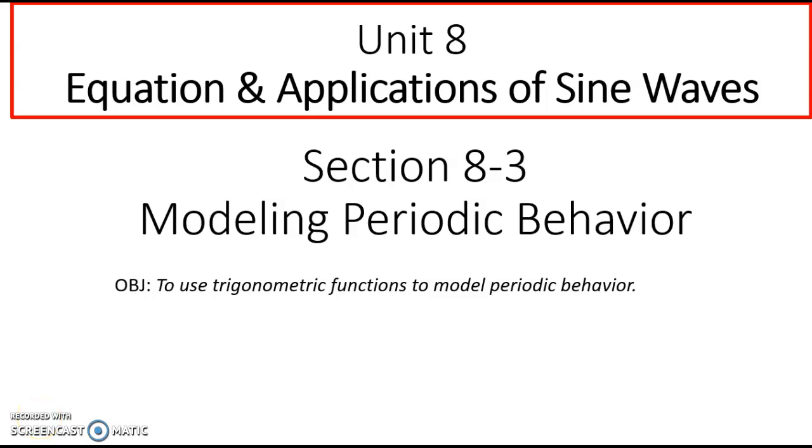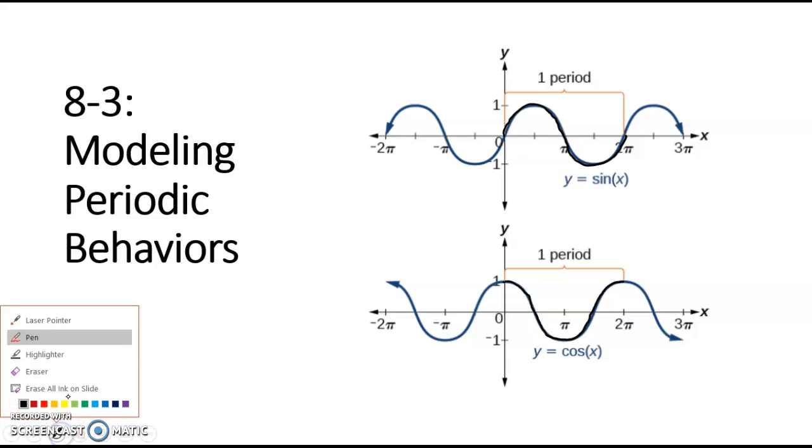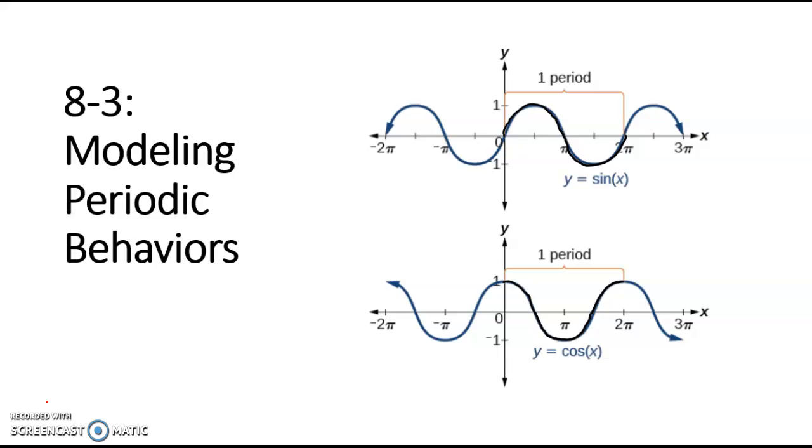All right, so the purpose of this video is just to go over looking at a graph of a sine or cosine function and writing the equation for it. Let me go back over the fact that, again, sine and cosine are periodic functions. Once we are set with identifying one period of the sine or the cosine graph, that pattern just continues to repeat. The one thing that I want to focus on is if I'm just looking at a period between 0 and 2 pi,